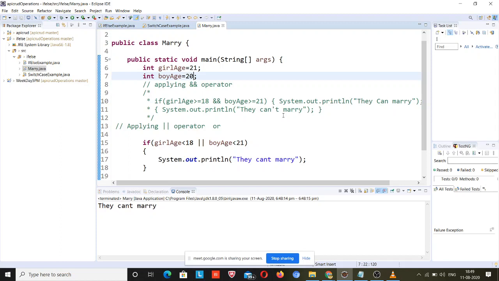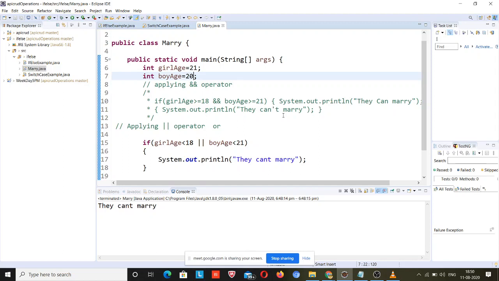Okay. So this will be they can't marry, the second one, or they cannot marry. Okay, but why? Because if any one of the conditions is false, the OR condition will fail. Which condition is failing here?